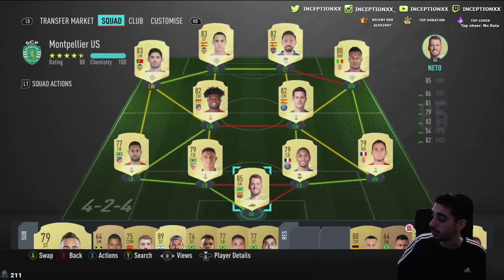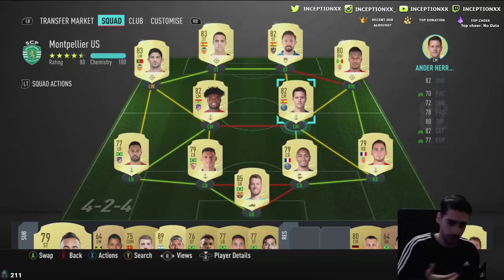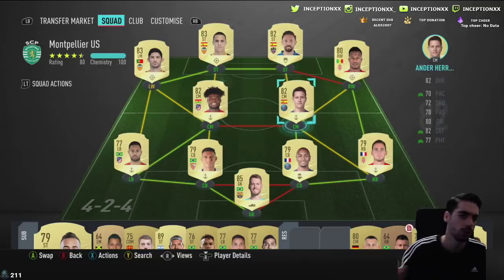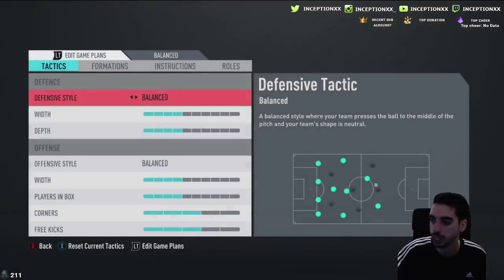But this team right here that you guys see is going to be the team that I'm going to be using for the Xbox accounts, right? So the Xbox account is the new account, right? This is why this team is so cheap, because I played 1 week of Division Rivals to get those coin rewards, and then once I got those coin rewards, I was able to afford it. So I just want to show you guys what we're working with in regards to the